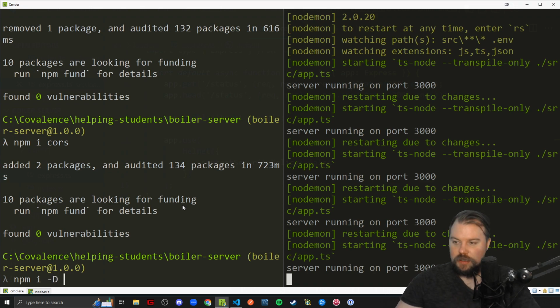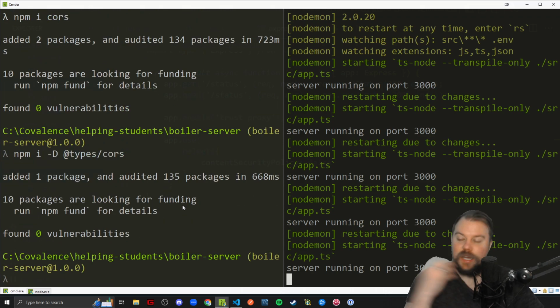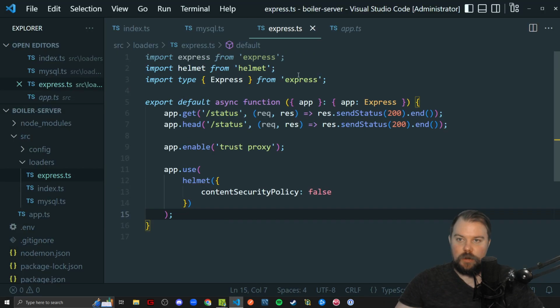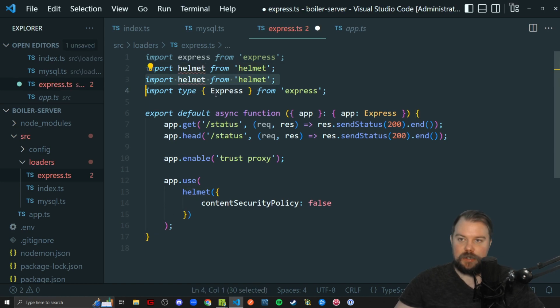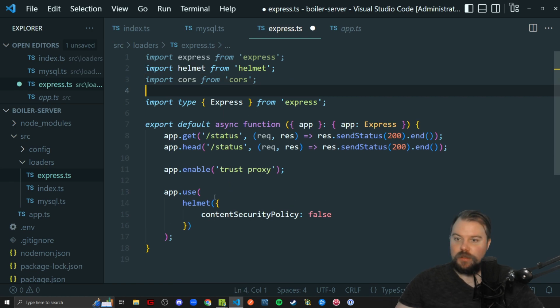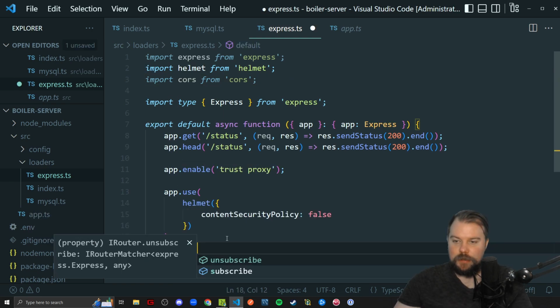npm i @types/cors. We'll see if that is... Yeah, that's a package we're going to need right there. We're going to go ahead and do a quick copy paste. Set up CORS. There we go. And from there, we're going to use app.use